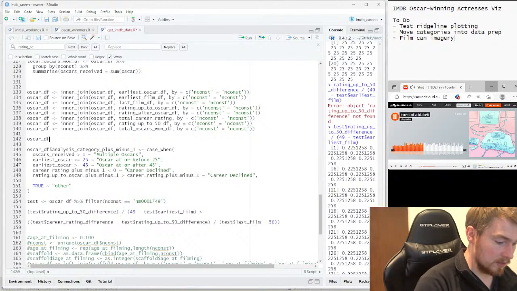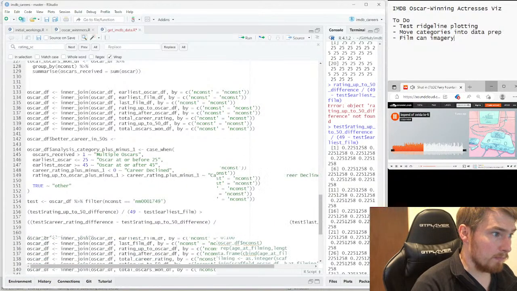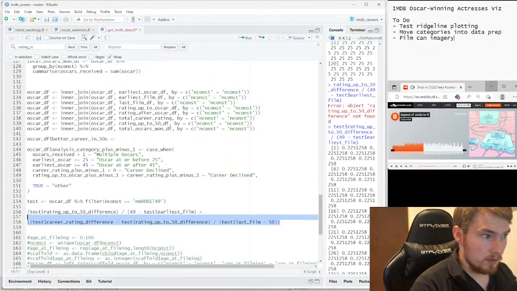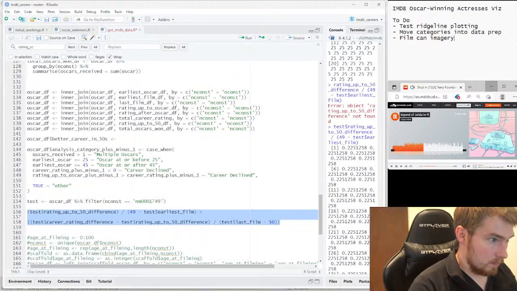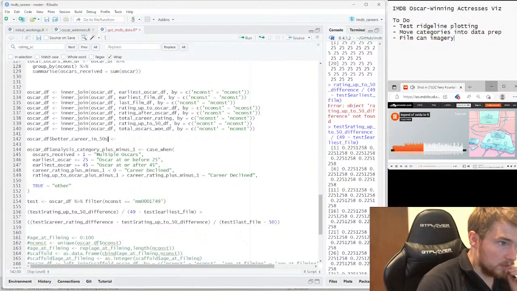I'm just going to make this a column, call it better 50s. Okay, and then I need to change over the two rating systems, so plus minus 1.